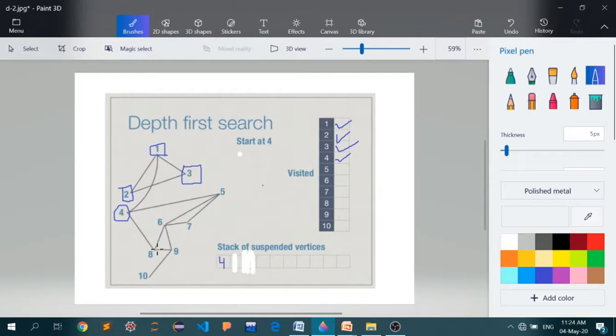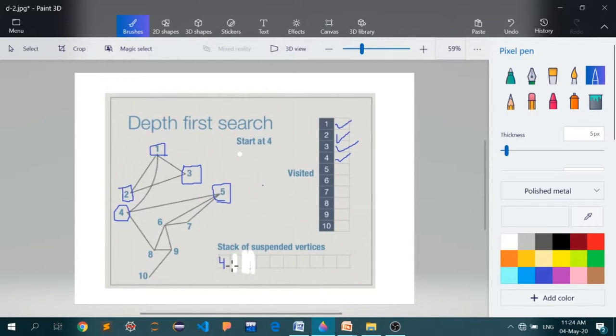Now we have to start this procedure again, which we did earlier at the start of this slide with 4. Again I have to choose between 5 and 8. Whichever you choose, it will make no difference. At the end point we would have traversed every node, but in what order depends entirely on which of the neighbors you choose. So I'll choose 5, and when I have chosen 5, I have to push 4 back onto the stack.